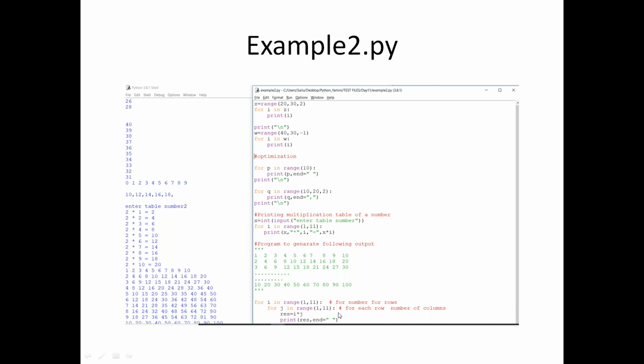I want 10 rows and 10 columns. The first is for row, the second is for column. The result I'm storing in i into j and displaying the results. Done. You can see 1 to 10 you are getting. Or if you want to display something like table value equal to, just type that information also in single or double quotation.